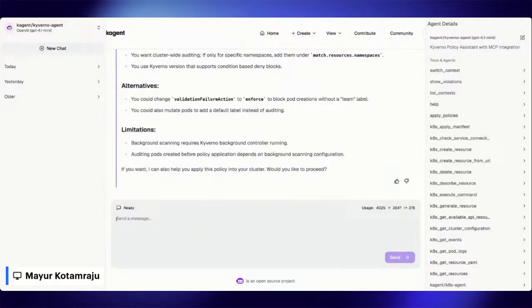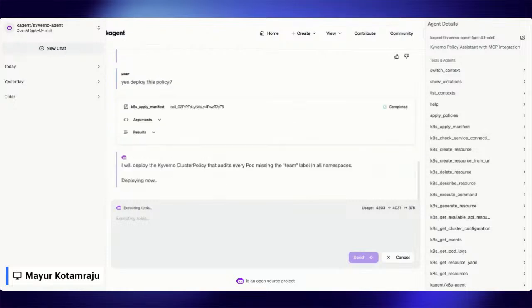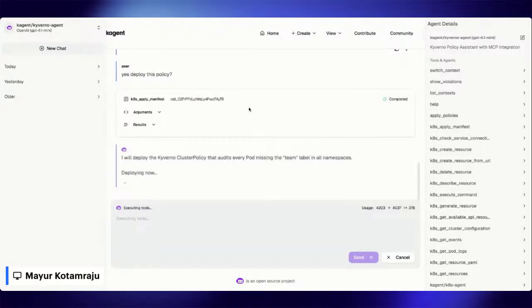So let's go ahead and deploy it. So it's asking me if I want to deploy this. So I just said, yes, deploy this policy. I know there may be questions on deployments and access. For this demo, I have given access to do deployments. What you can do is integrate this. There is a GitHub MCP server integration, so there could be a human loop as well. For the demo, I've given deployment access, but you can tie down how your access is depending on your use cases. So there is GitOps integration with other MCP tools like GitHub that you can use. So it's going ahead and deploying this policy for me. And let's see what happens.